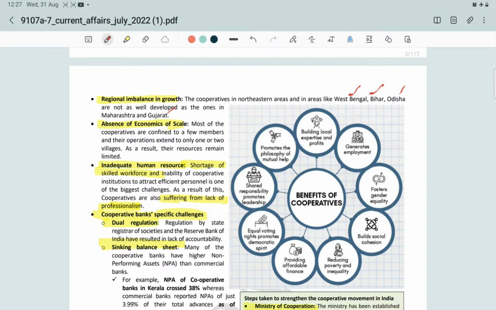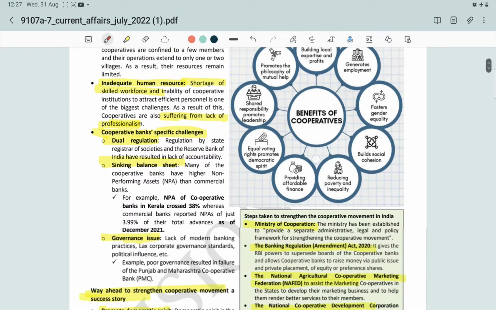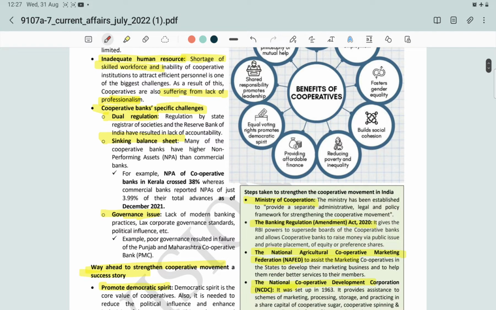And there are also some specific challenges in cooperative banks, which are there to fund the cooperatives. The first challenge is dual registration regulations, because the cooperative banks were regulated by both the state registrar of societies and the Reserve Bank of India, which resulted in lack of accountability, and their balance sheets are sinking nowadays. Many of the cooperative banks have higher non-performing assets than commercial banks, and there are also governance issues, lack